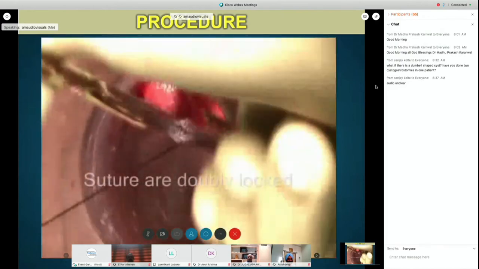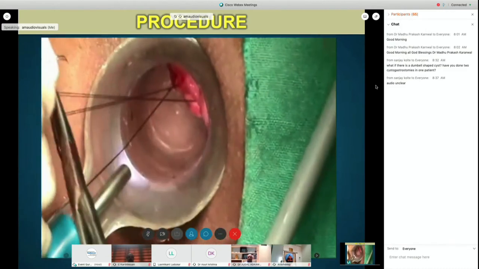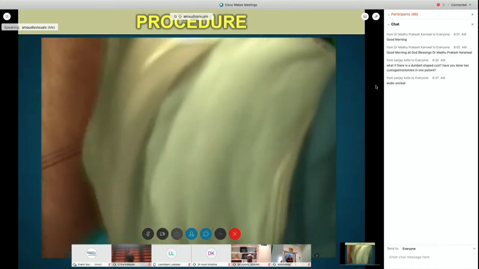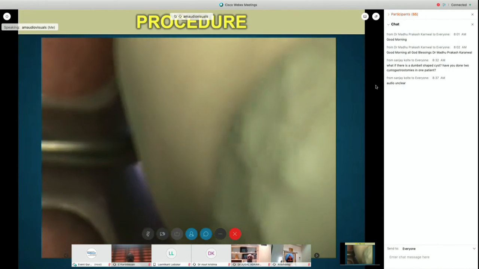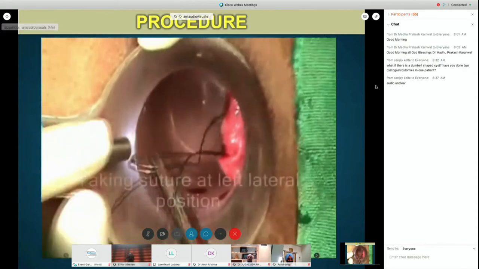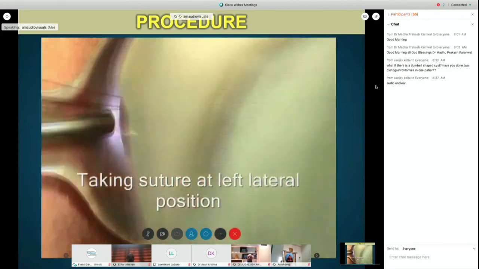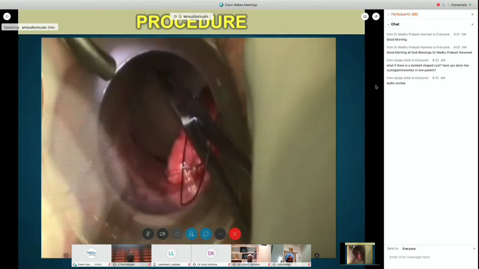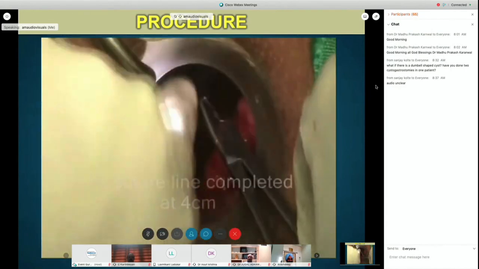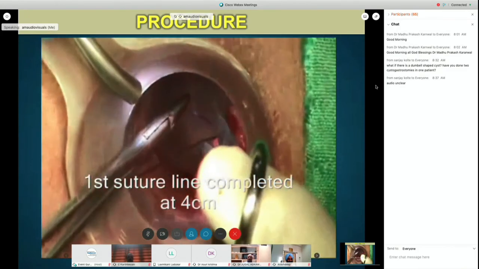The ligation of vessels and fixation of the prolapsed mucosa is the important thing which we are carrying out. The ligation and fixation lead to inflammation and fibrosis, which eventually stops the recurrence of the hemorrhoids. The interlocking sutures are beyond the 3.8 cm of proctoscope and once taken do not cause bursting effect and do not result in anal stenosis. Now the first suture line is completed.